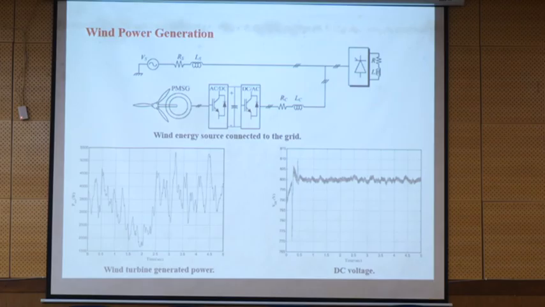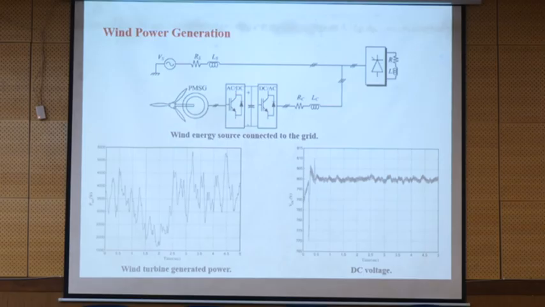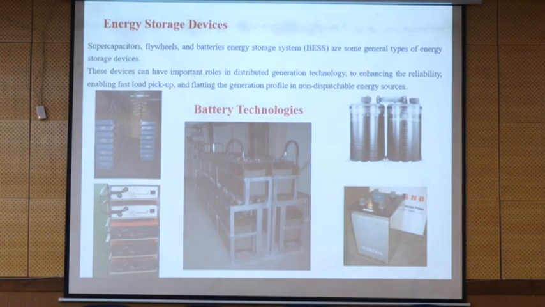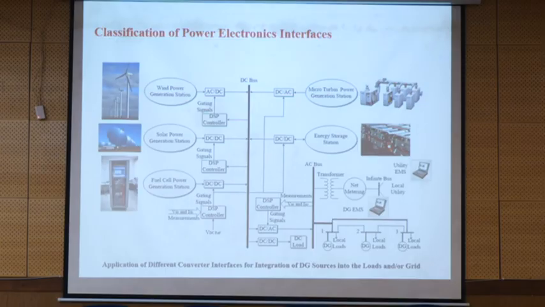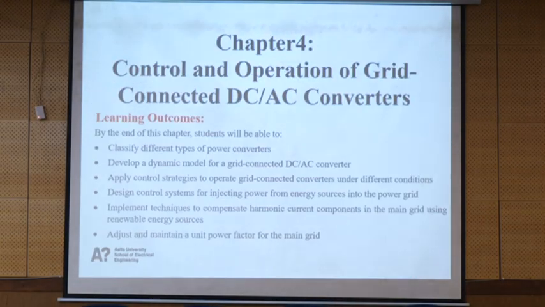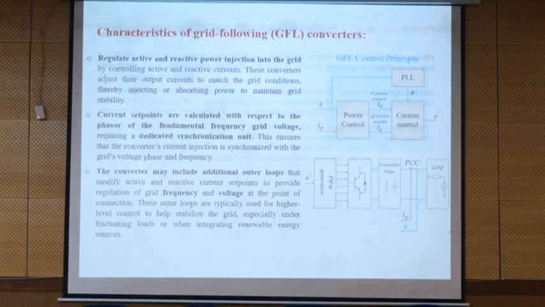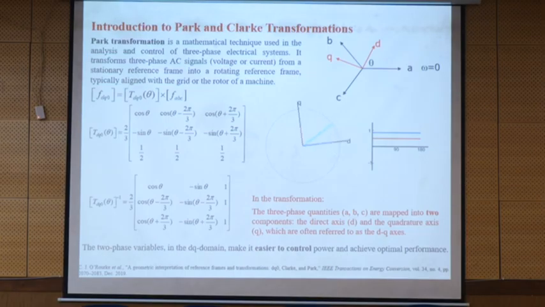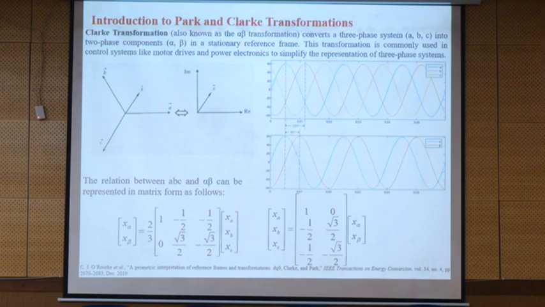So you can use such a technology by regulating the DC voltage. But you should consider that this is very unregulated power because we also have a controller on the speed of the blade, so it cannot go very high. So, any questions so far? So up to now, we get the idea about the